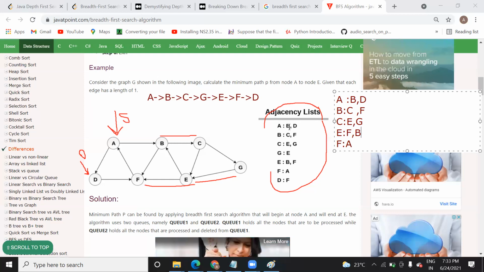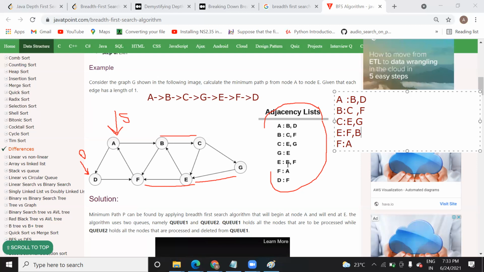In a queue, how does insertion happen? Suppose you add B and D. You can't remove in between, so what is the queue concept?